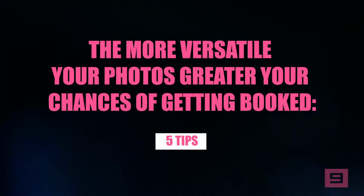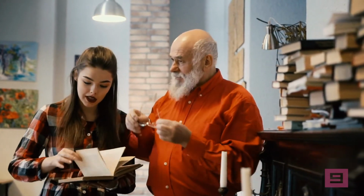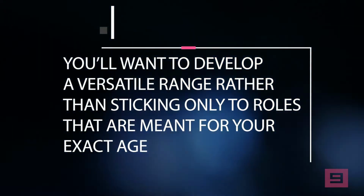The more versatile your photos, the greater your chances of getting booked. 5 tips. In the entertainment industry, as long as you're able to pass as a certain age, you can play the role of a character that is that age. In other words, you'll want to develop a versatile range rather than sticking only to roles that are meant for